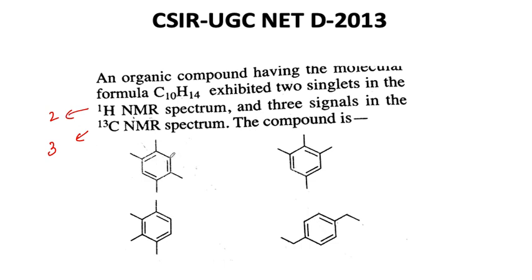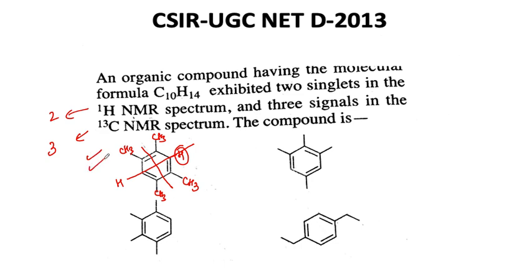Let us now also check whether we are going to have 2 signals for proton. Exactly, guys, we are having 2 signals for protons. How? Because the methyl groups are going to be the same. All of these methyl groups are going to be the same, right? And the only different proton that we are having is this proton, which would be similar to this proton because of the sigma plane.